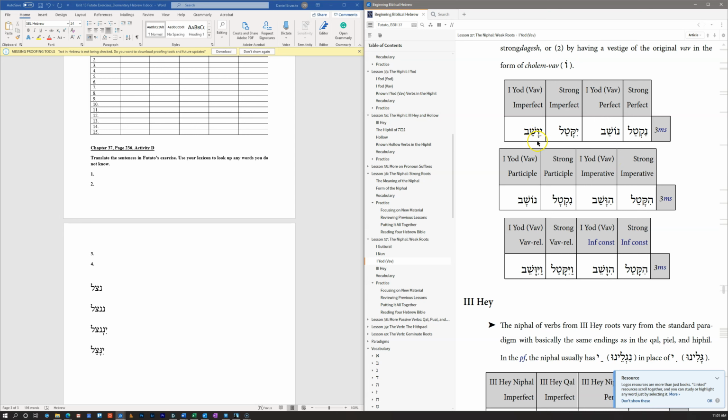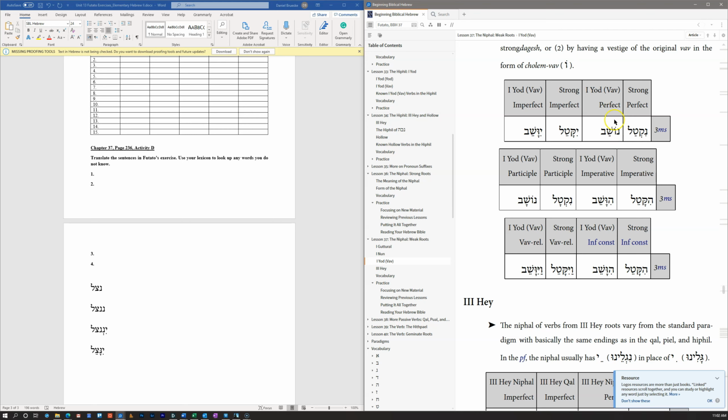It must have to do with this kamets vowel in R1 that keeps the vav as a letter rather than a vowel. All right, so there's no vowel added in the perfect. You're just adding the Niphal, the noon prefix, and since